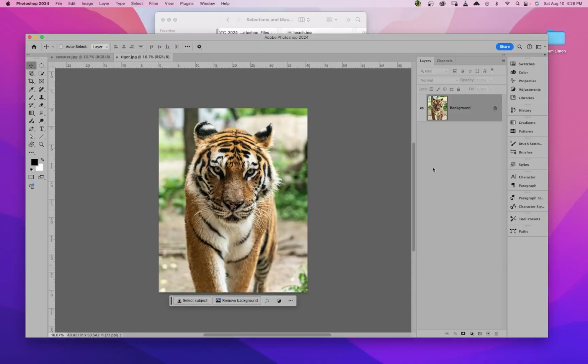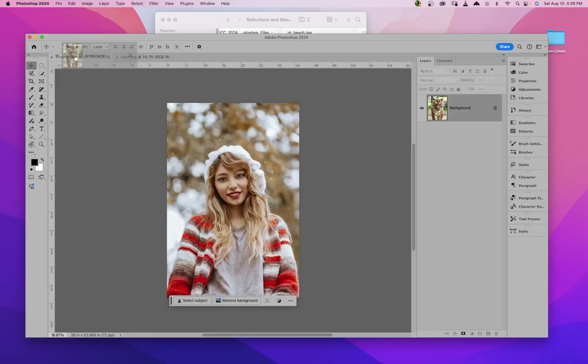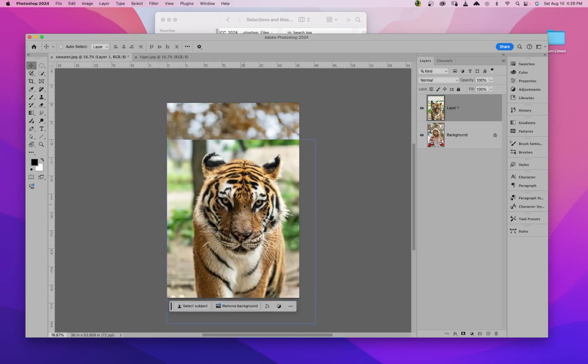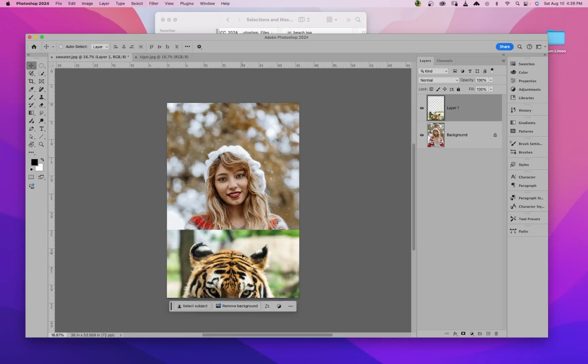Okay, so now let's take this image of the tiger and drag it from the layers panel over to the sweater file and drop it in. Now we're going to try to match up the face of the tiger with the face of this young woman,